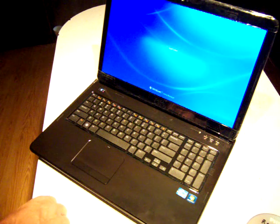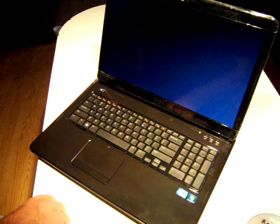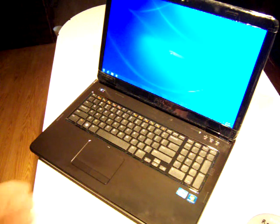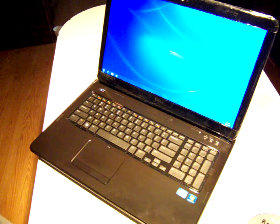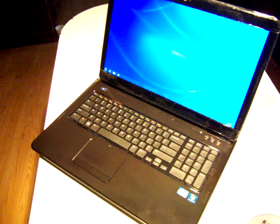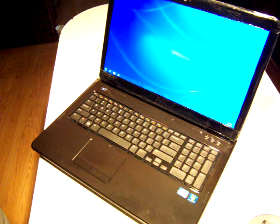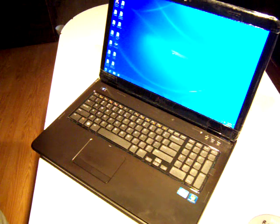This has a webcam in it. I played with some of the Dell Webcam Software. The webcam seemed to be fairly decent on this laptop. I did not make Skype calls or nothing like that to see just how well it did that way. Looking through the Dell software, there was times if you did fast movements it would be a little bit choppy, but overall it was a pretty good quality webcam, as good or better than most people have at their own